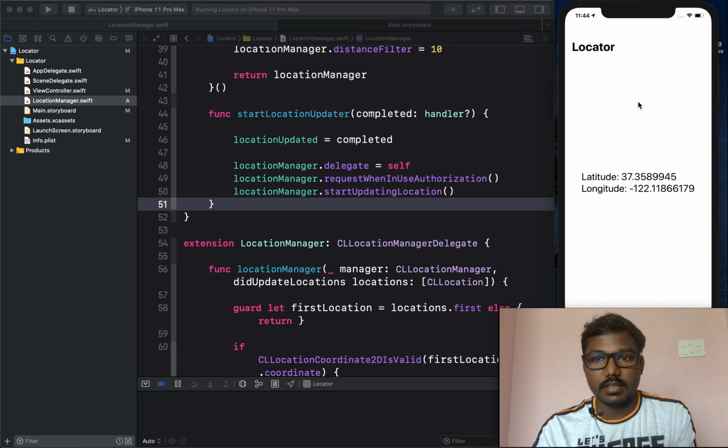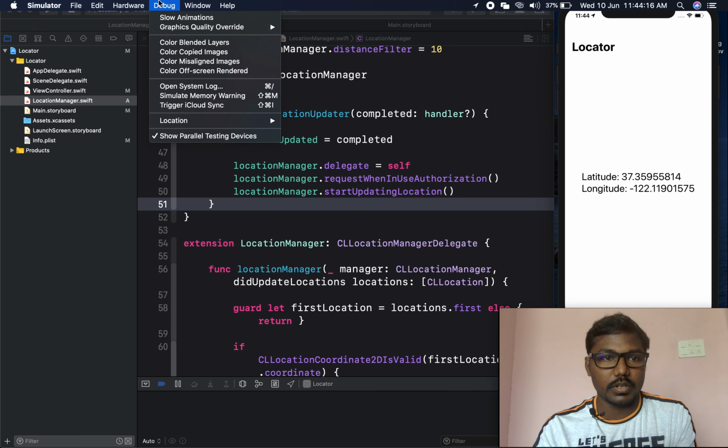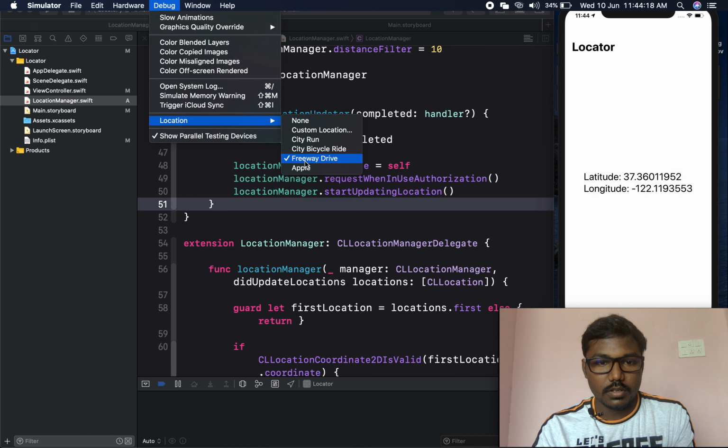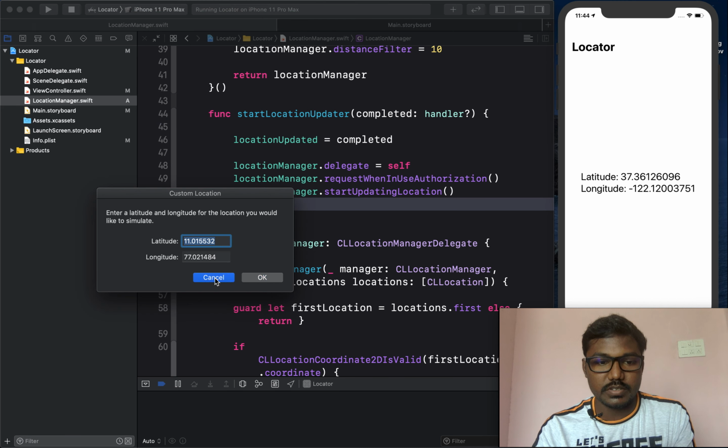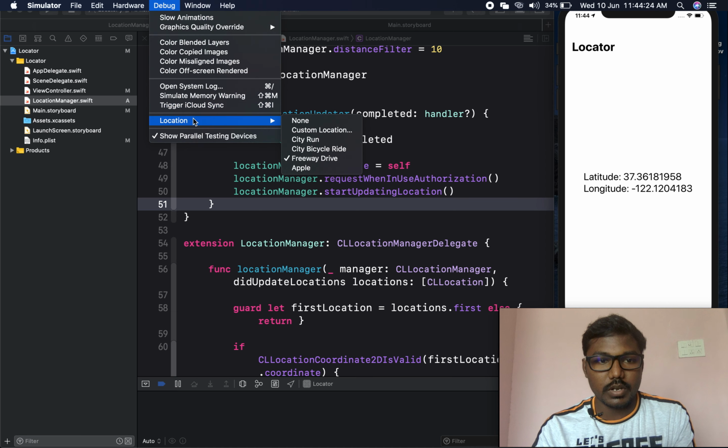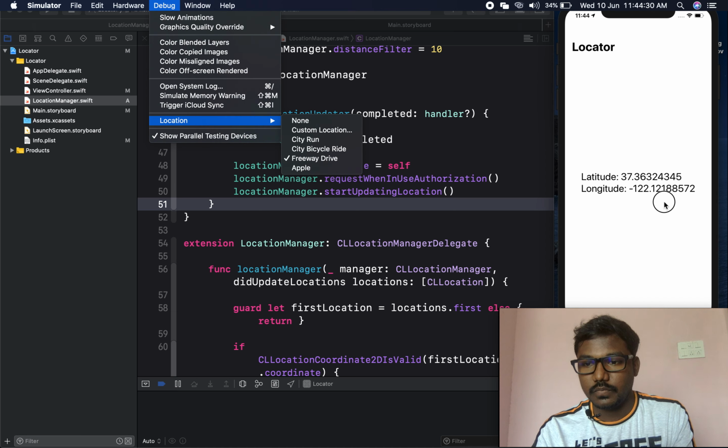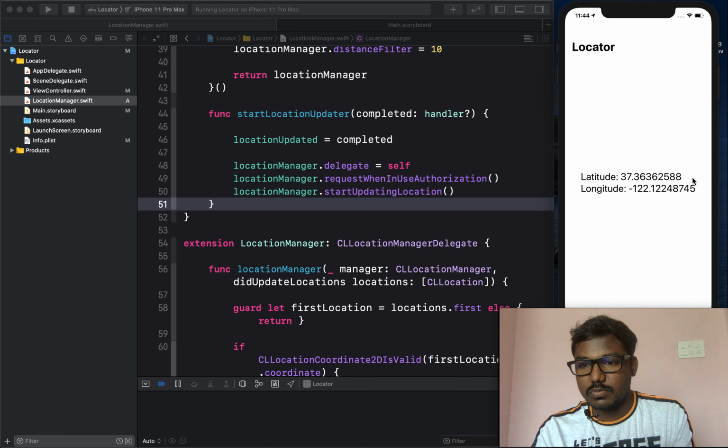By setting this, you can click the simulator and go to Debug, Location. Then you can choose a custom location if you need, or else you can set a city run, a bicycle ride, or a freeway drive. Then the current location is updating successfully.